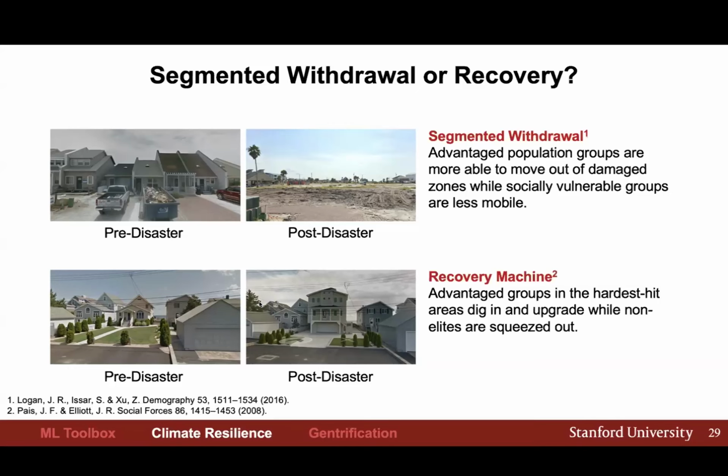The competing hypothesis is called recovery machine. It assumes that advantaged groups are not moving away from those damaged places. They're rebuilding in their own places, while the non-elites or non-advantaged people are squeezed out after the events. There are many papers arguing which hypothesis is correct, but most of them are